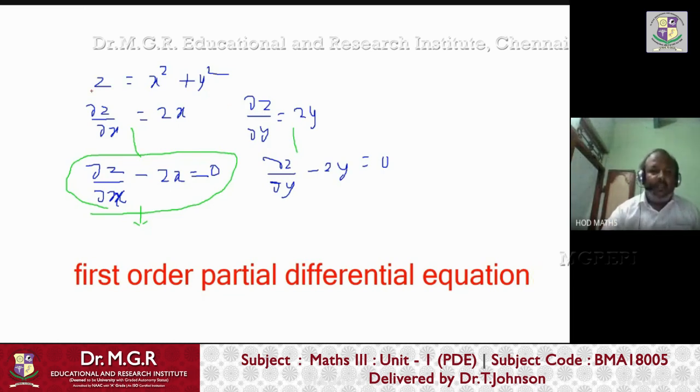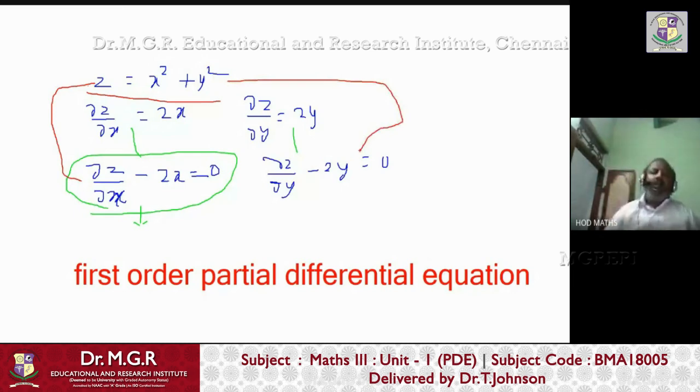So here what you did, this is an ordinary equation. By differentiating that, you can get two partial differential equations, both of them associated with the original equation. Both of them tell what is the rate of change of z with respect to x, and what is the rate of change of z with respect to y. And now if you revert this back using integration, then you will get back the original function, so that differentiation formulas and integration formulas are opposite to each other, right? Whenever you differentiate x square, you will get 2x. Whenever you integrate 2x, you will get x square, right?